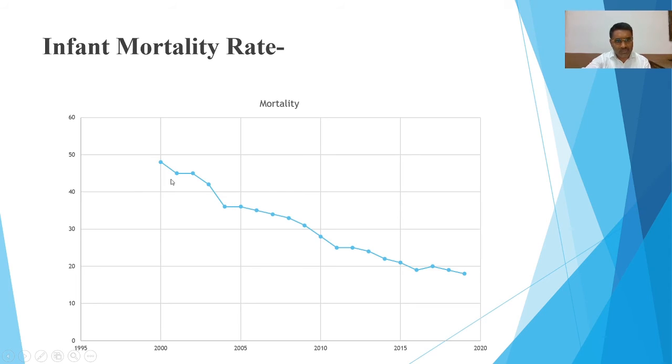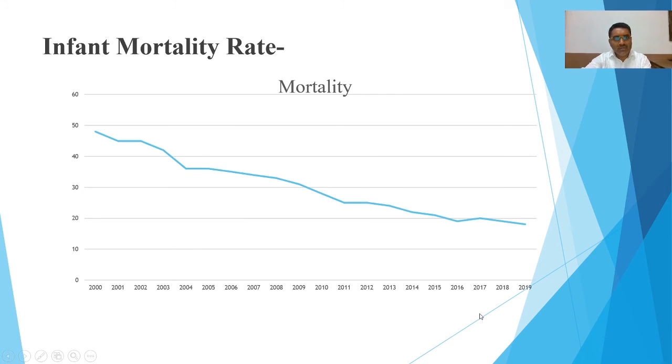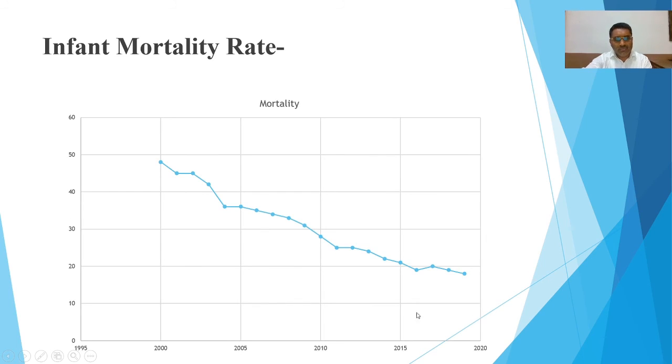We can write this in an interpretation, and at the same time compare the mortality with the related data. In 2000 there is more mortality, while in 2019 there is less mortality. There are many causes for the decrease in mortality, but we can compare and interpret it.